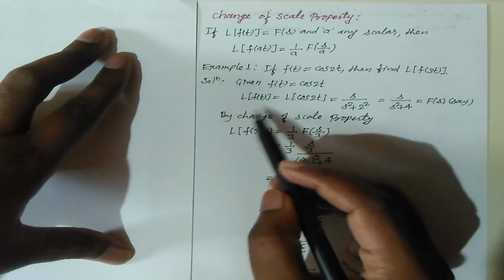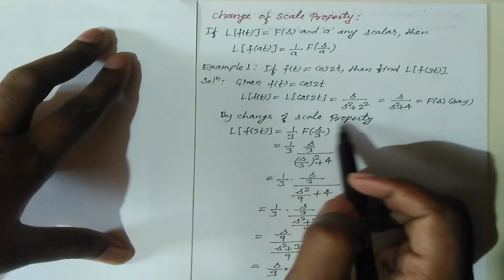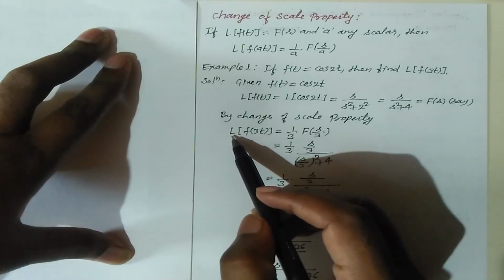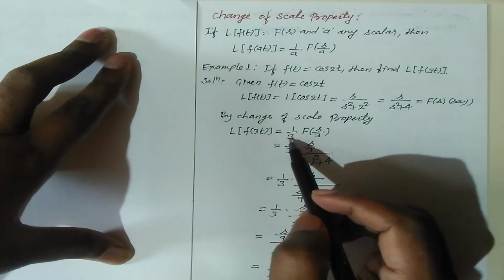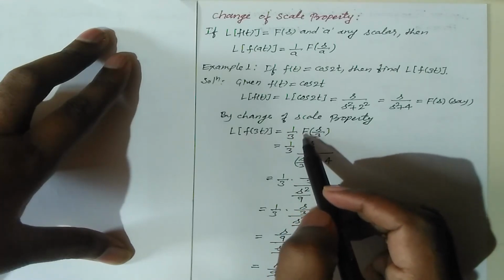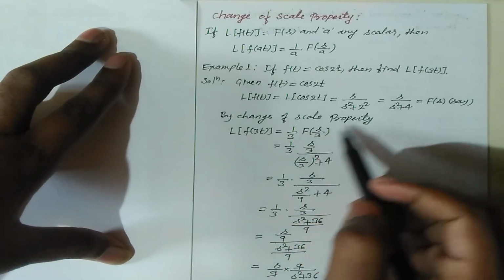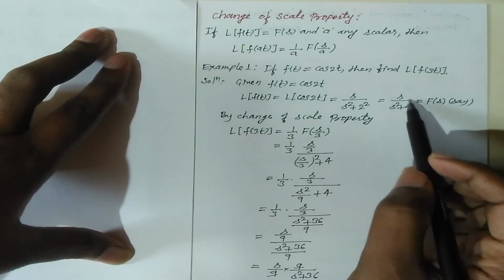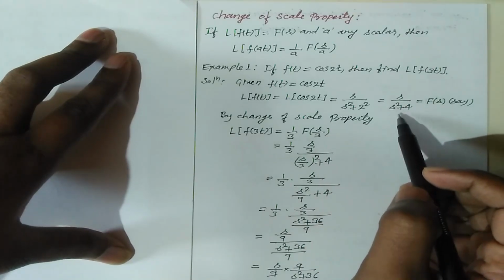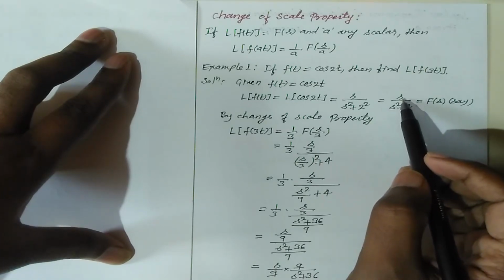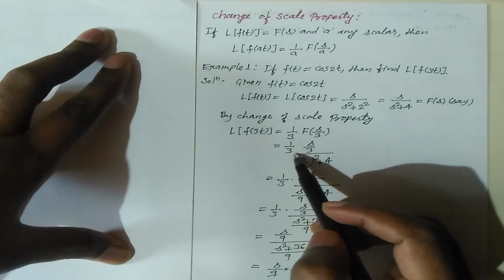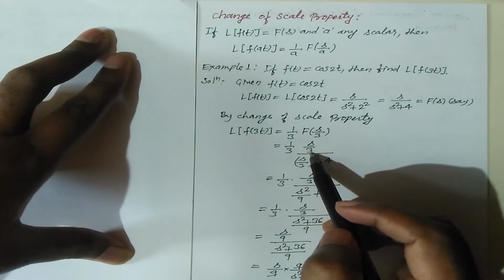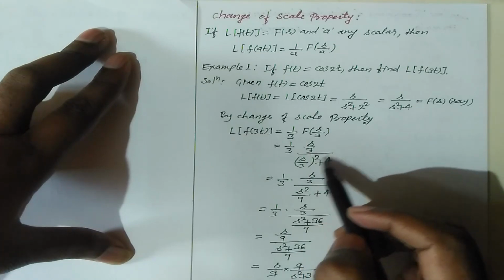Now apply the above property. Therefore, by the change of scale property, we can write Laplace transform of f(3t) equals 1 by 3, 3 is a scalar, into F(s/3). Now we replace in this function s by s/3. So instead of s, we put s by 3. So this equals 1 by 3 into s by 3, s replaced by s by 3, divided by s by 3 the whole square plus 4,